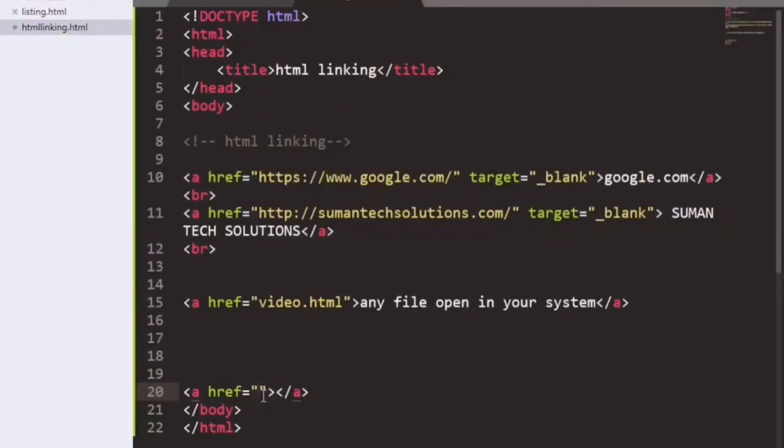Again we can take an anchor tag and we will call the reference ID, that is name equals to top. That is a reference ID given so that the page should go to the top.